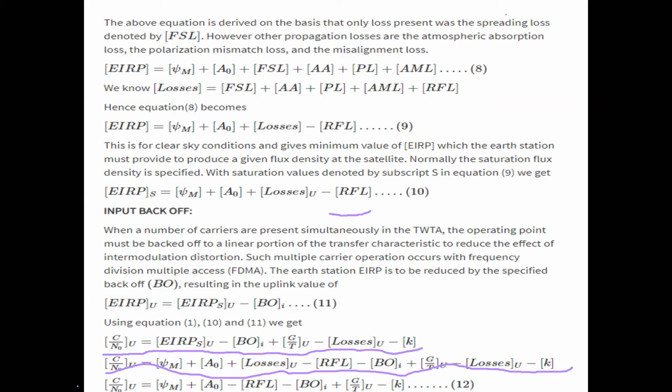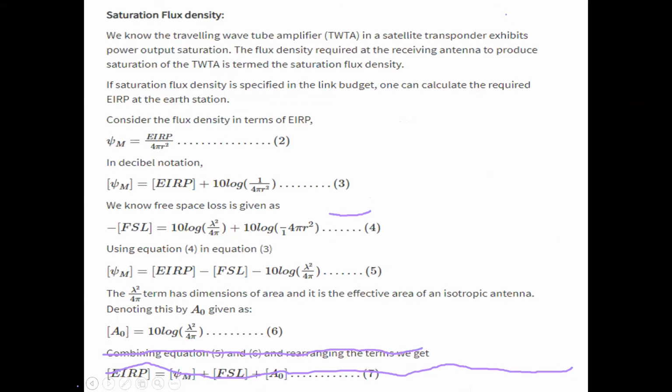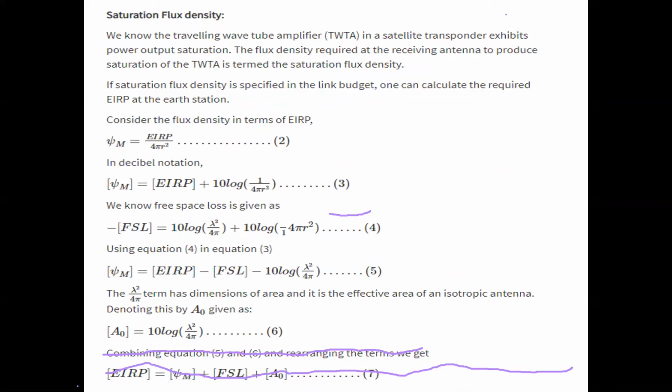Because this is very important. This comes directly for proof. I'll try to explain it again because I know there are a lot of derivations in it. What we are trying to do is represent our EIRP in terms of flux density. The first question that may come to your mind is why we are doing so. Because sometimes in the data sheet, especially of the satellite, instead of the power, we are given the saturation flux density. So we should also know a representation of the expression in flux density instead of EIRP. Now what is flux density?